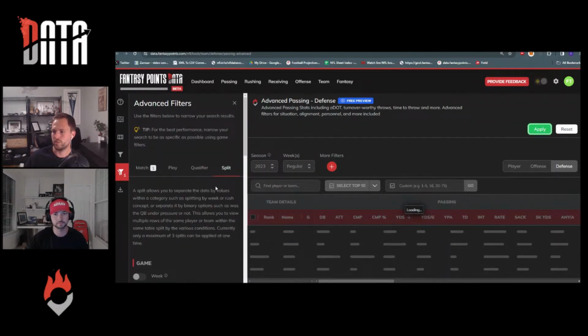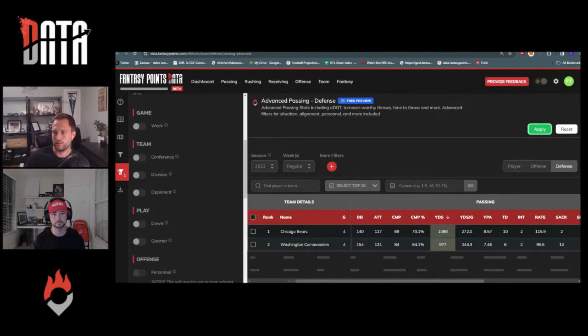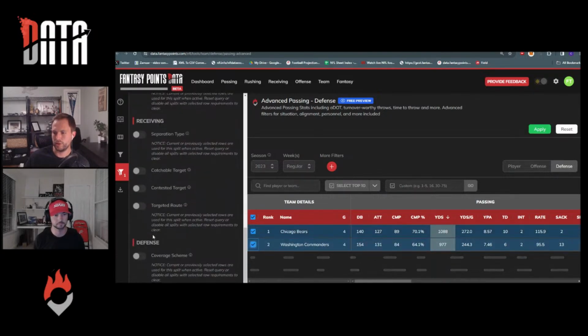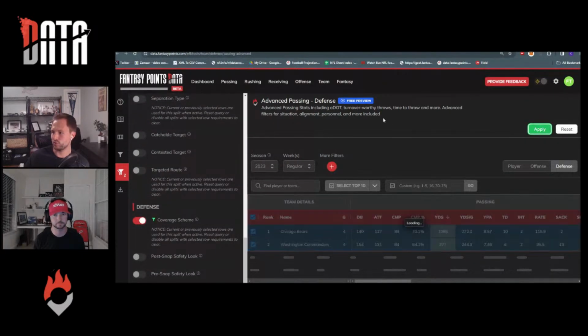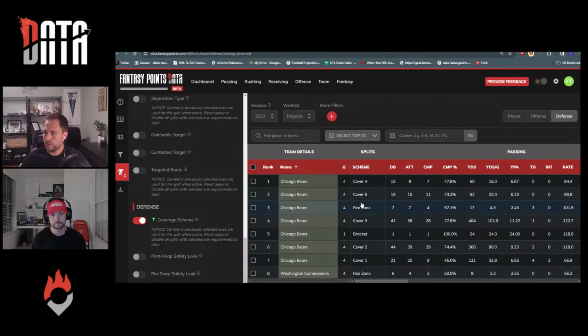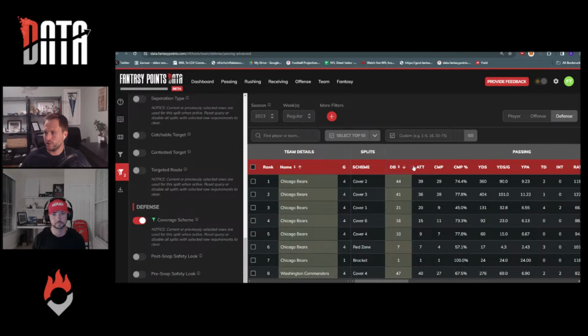And let me just apply this. Go, and then let's look. We'll get real specific here, because every once in a while there will be a defense that plays a ton of one of the coverages. So let me first do this. I'm going to use the little sort feature again. So the Bears are playing almost cover 2 and cover 3 about 50-50 with some other coverages sprinkled in,